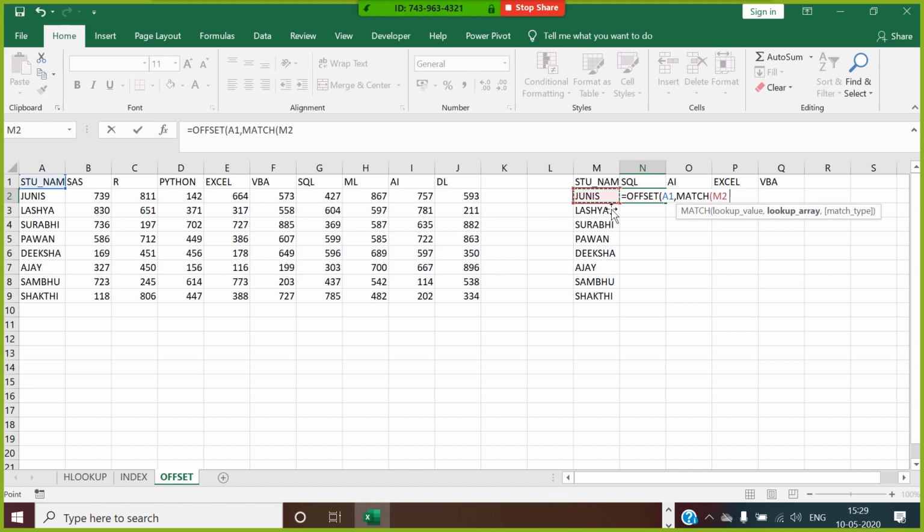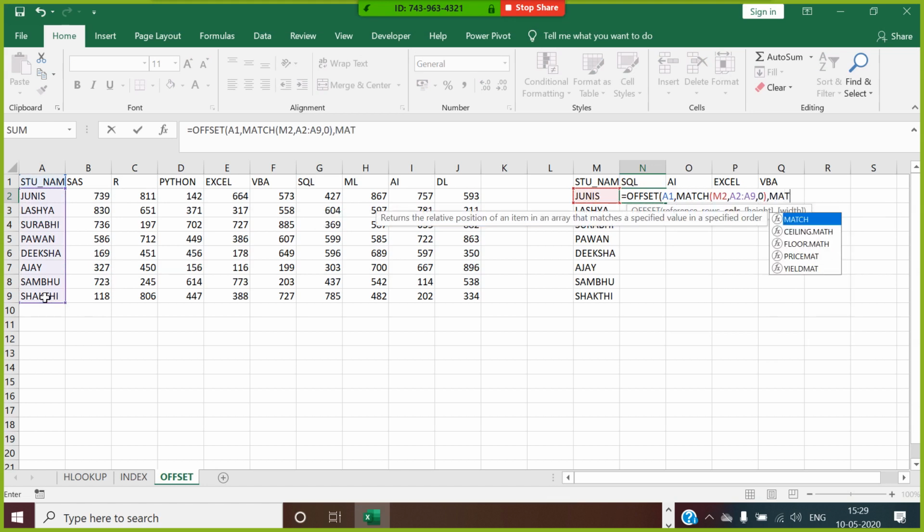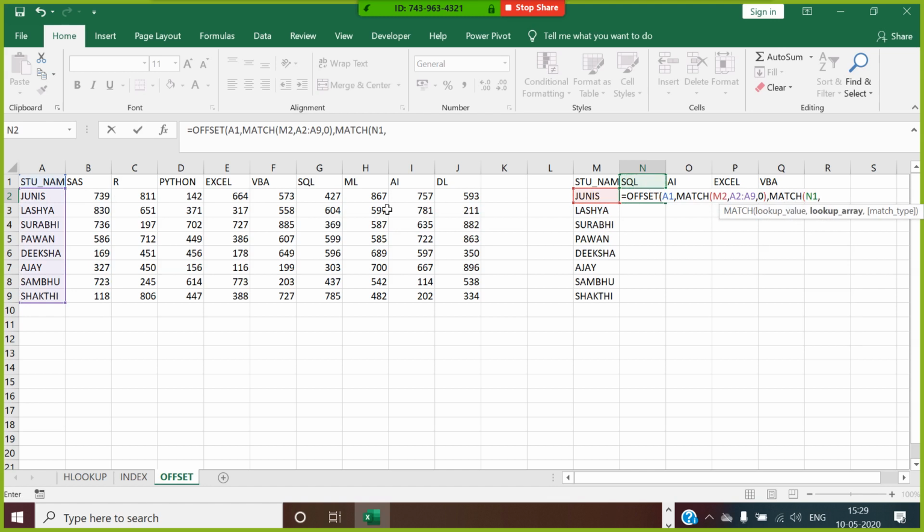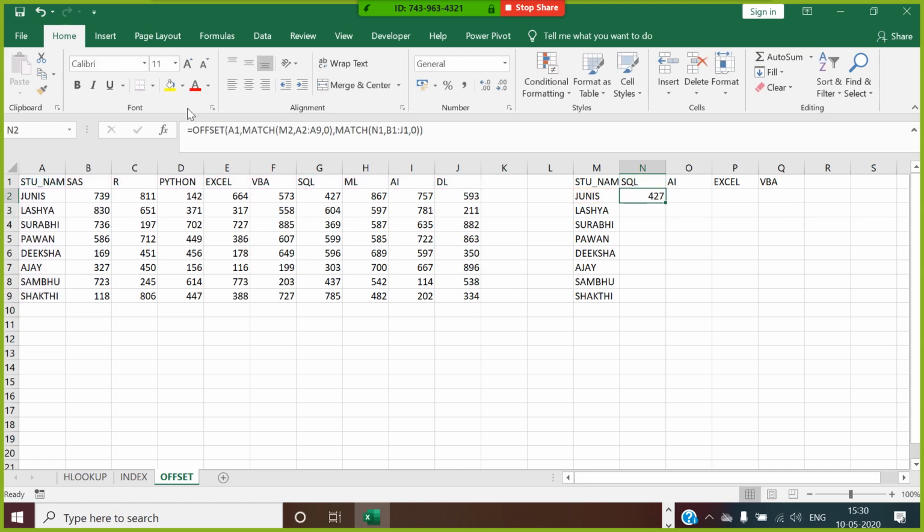Match of genus as M2 from this lookup array. How to go for the column index? You will go for match of SQL from this. In the reference, you have to ignore A1. You have to start from B1 onwards as your column, and A2 onwards as your row index. Now you look at your column and row index selected, and close the bracket. You get these values here.